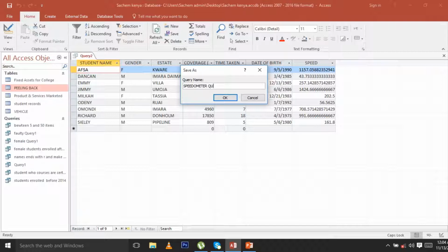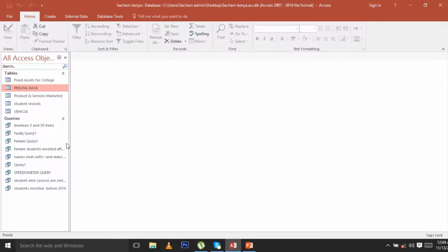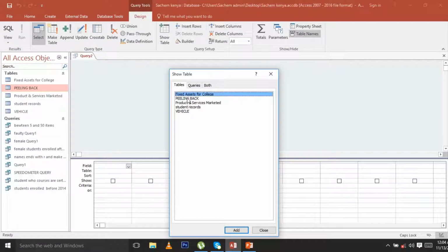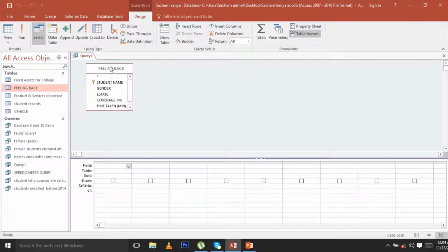In this case, you can click OK. Once you click OK, you can see now your speedometer query is here. You can type, for example, you want to calculate the fare. Just click create. You go to query design, click back, click add and close, and now you come here, double